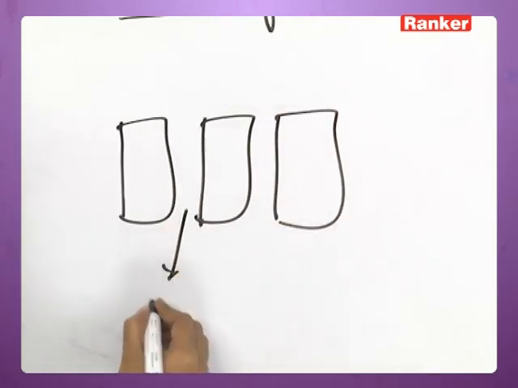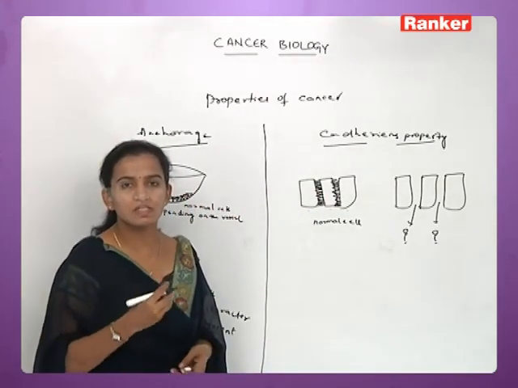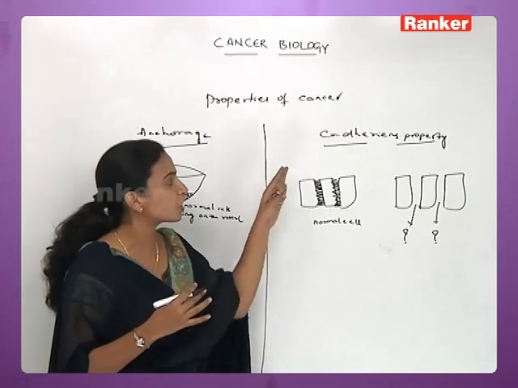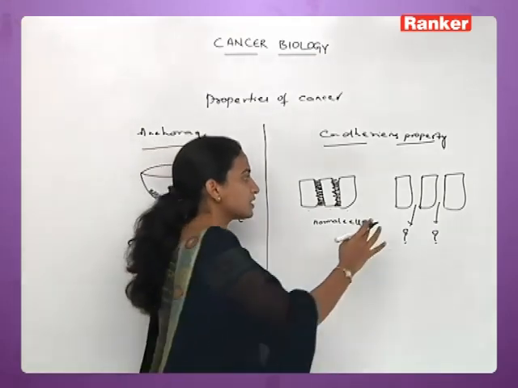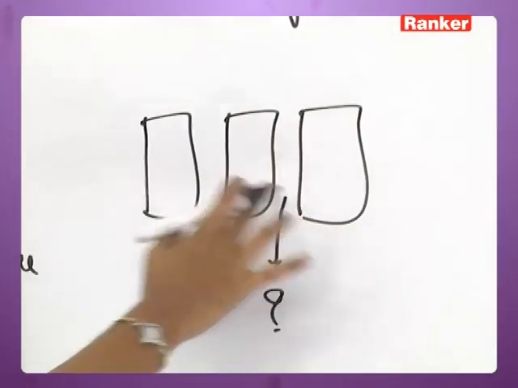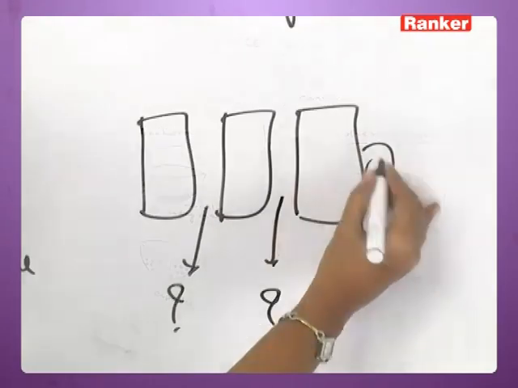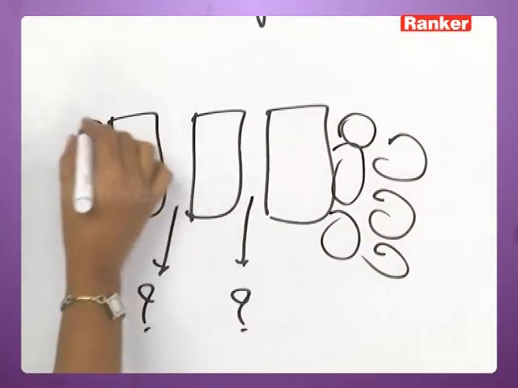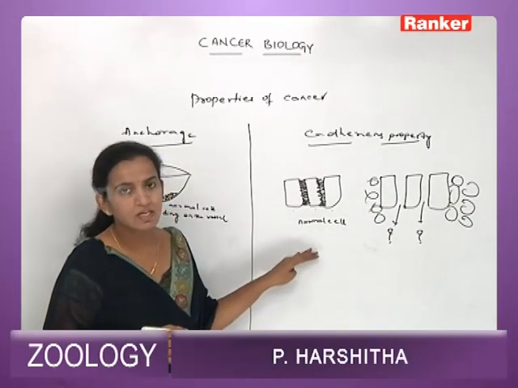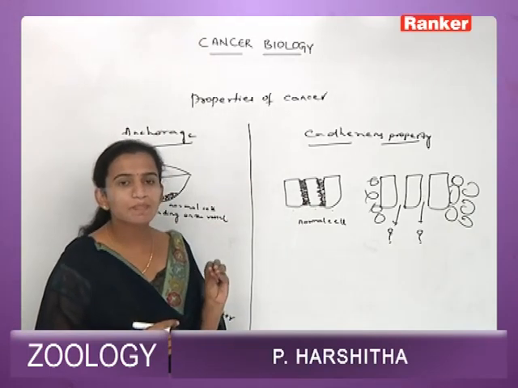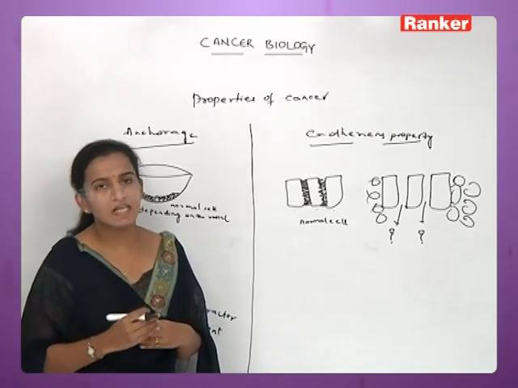So there is no membrane right here. That cancer cell, or the normal cell itself, if at all it is going to lose this property called cadherin property, it turns into a cancer cell. That means you can see there is no attachment present here. So each cell will be independent and it starts dividing again and again. There will be a tremendous division with no linkage between them. So this is what is happening in the cancer cell. This is another property. Due to the absence of cadherin property also, there is a lot of division of cells taking place in a cancer cell.